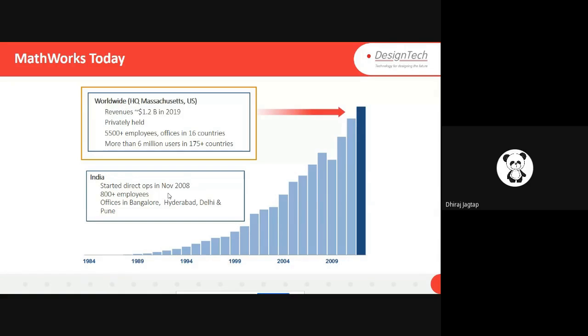I'm sure, as experienced educators, you all understand this, and it has been your constant endeavor to enrich the engineering curriculum, to inculcate important skills like computational thinking in faculty or students, or the beginners of MATLAB.